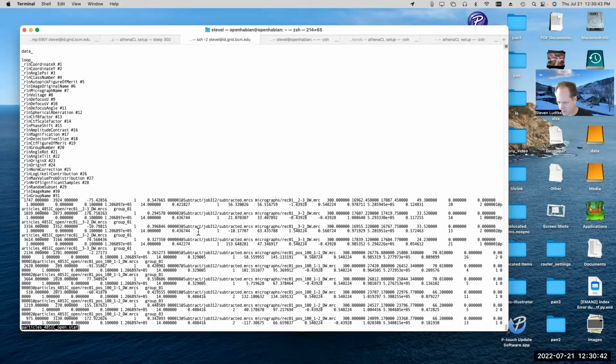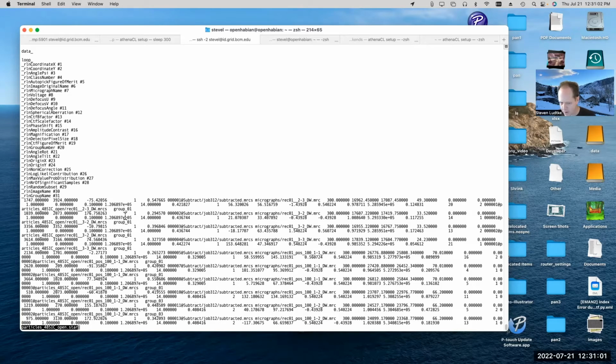So if you want to write a program to read the star file and read out the information about the 50,000th particle in the file, there's no good way of jumping immediately to the 50,000th line. You have to actually parse through the entire file until you get to line 50,000, and then you can read the parameter out.